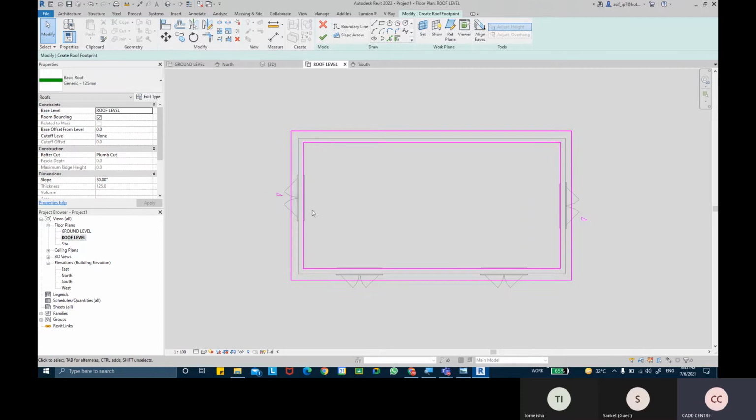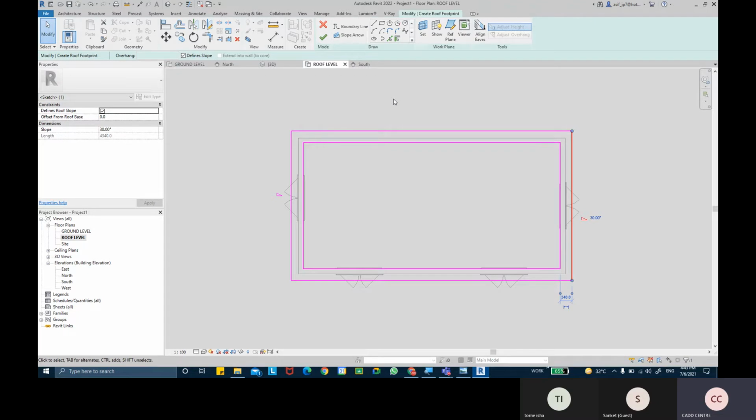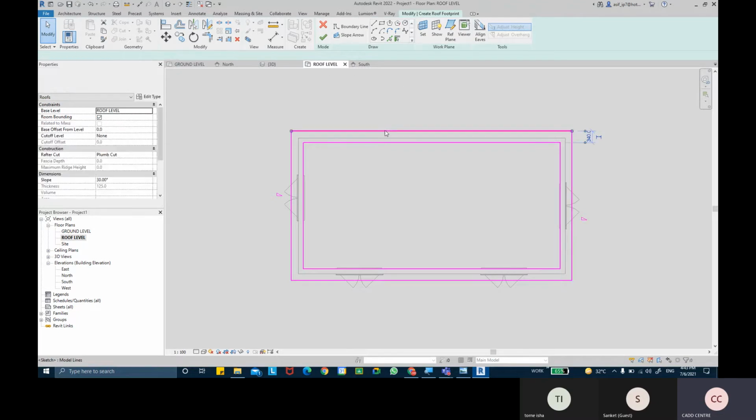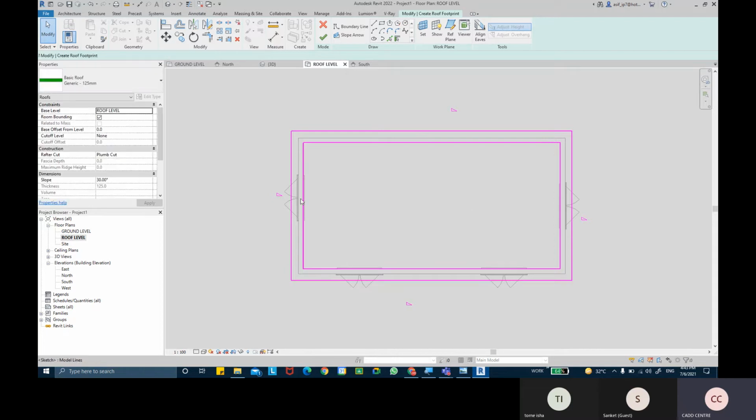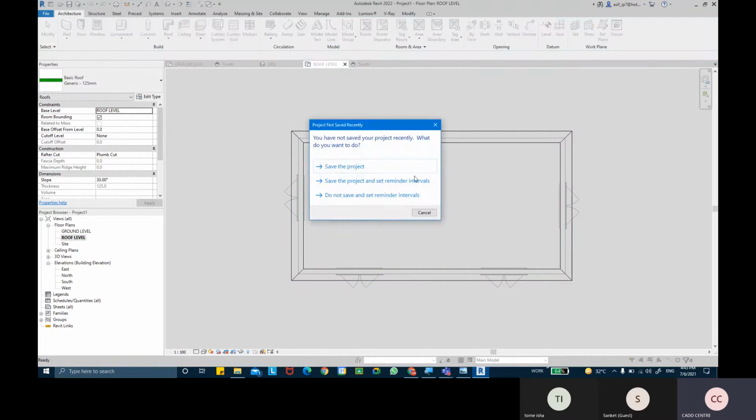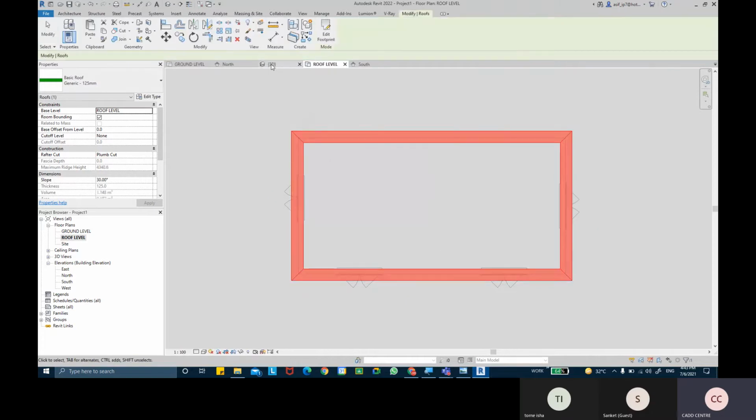No slopes are required on the internal lines. Only the outer two lines have the slope. Add slope on this side as well. But the internal line is having no slopes. And when I turn to finish mode,